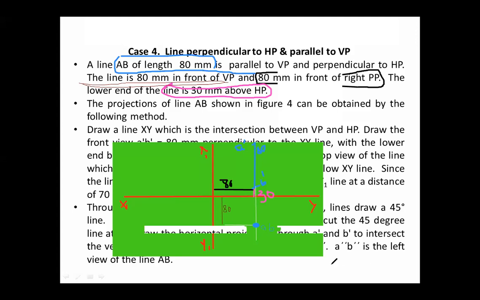Understood this much? Yes, sir. Everyone, this color coding is kept for a reason. See, what does this black color indicate? This thing. Then this pink color, this pink thing, and this blue color is this, and this is brown color, this is this. Understood? This is top view, so small letters. This is front view, so dash. Now we will see the actual solution.